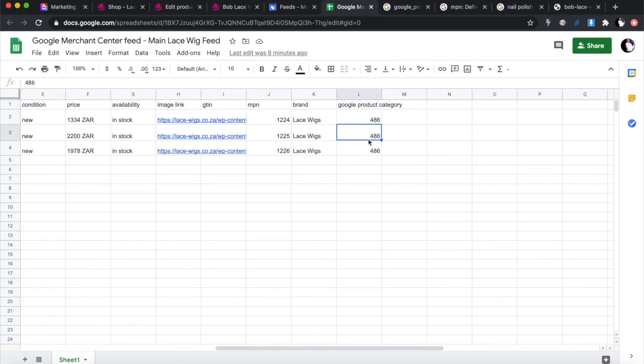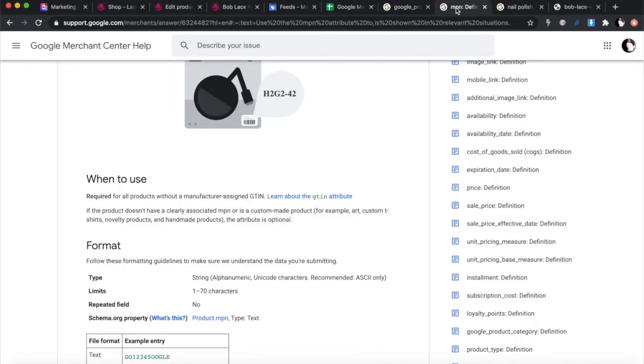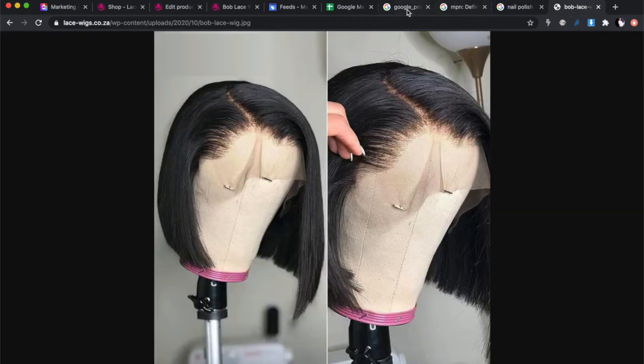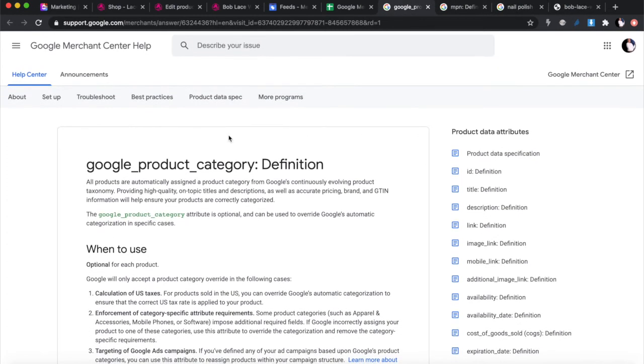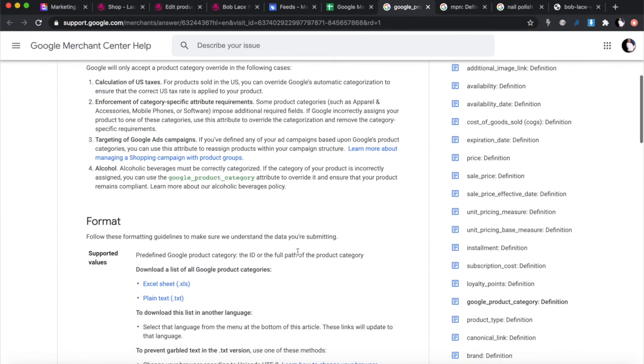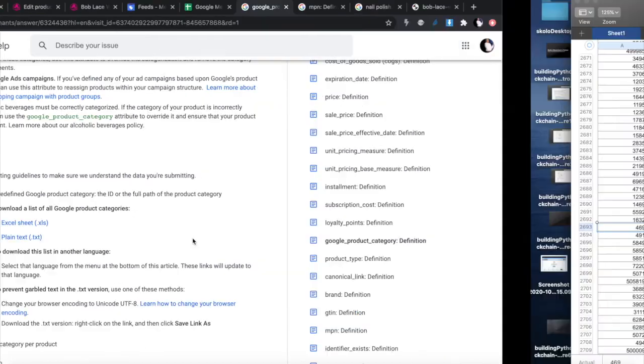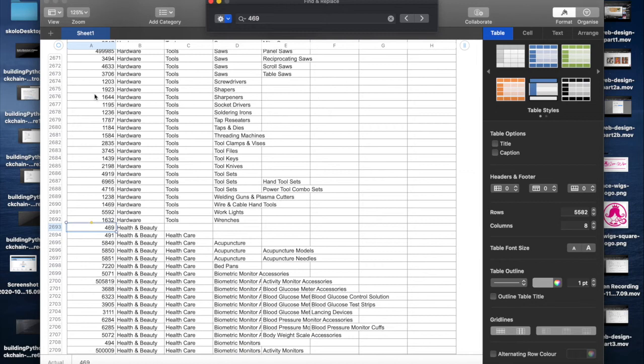So the way you find out this number, I've already done some Googling for you. So you go, there's a, where is it? There you go. I'll try and link this URL for you in the description. This is a page that explains how the Google product category works. And if you scroll to the bottom of this, they've got a document that you can click on and download as an Excel sheet or a plain text sheet, which has a list of all the categories for you so that you don't get it wrong. Okay, so I've already downloaded that for you. And if you look at it,